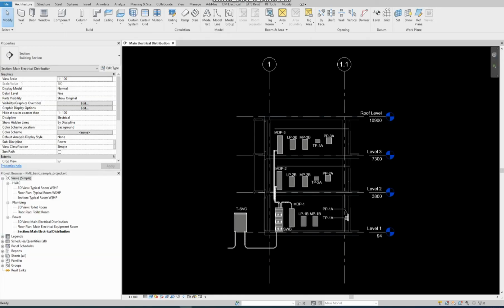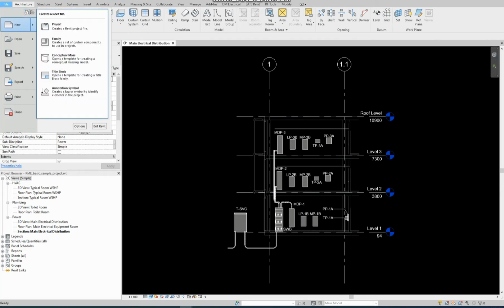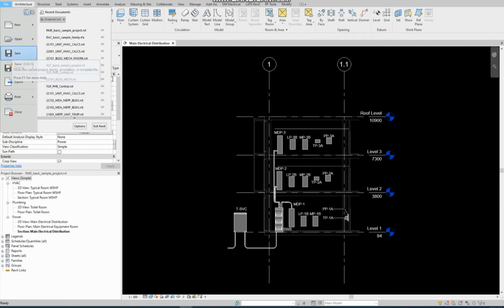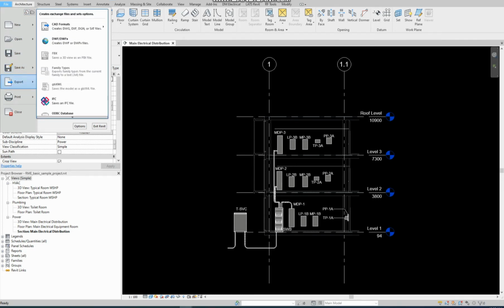Today our topic is the introduction to Revit, and we will discuss all the options we have in Autodesk Revit 2020. On the top left corner we have open the project, save as, and the export. We can export the CAD files from the Revit files,